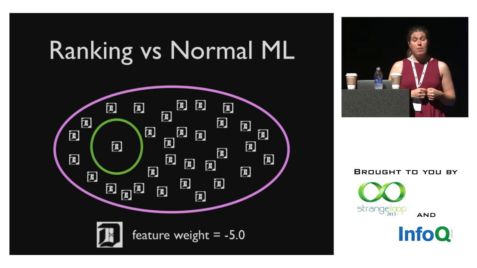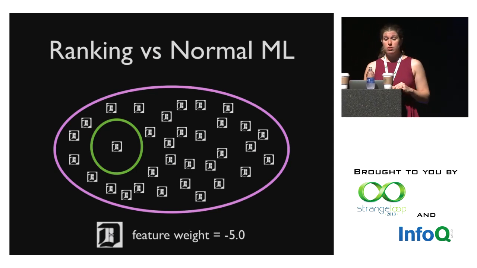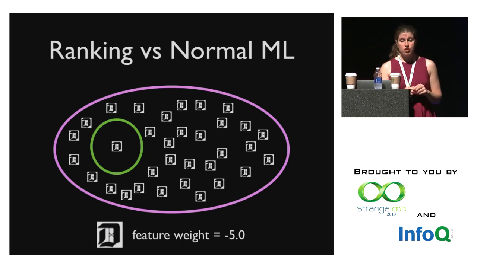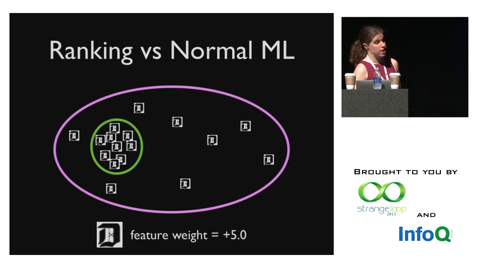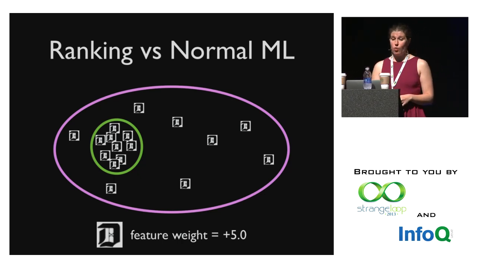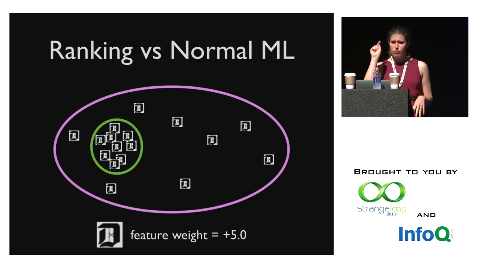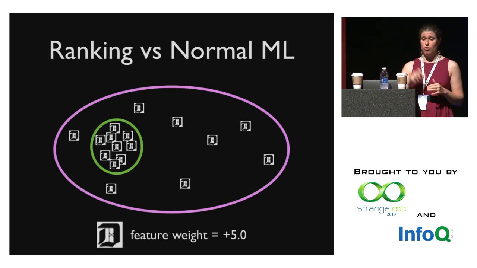We find that there are not that many Daily Mail stories, since we only train on documents from the small green circle, that when there is a Daily Mail article, they have a high click-through rate. And so as a consequence, we learn a high weight for the Daily Mail. Well, we deploy this new ranker with a high Daily Mail weight, and now we're showing everyone Daily Mail up the wazoo. And so they start removing the Daily Mail articles, remove, remove, remove.